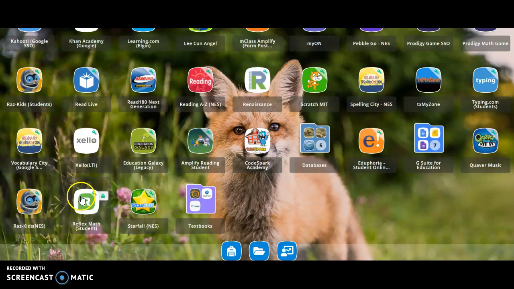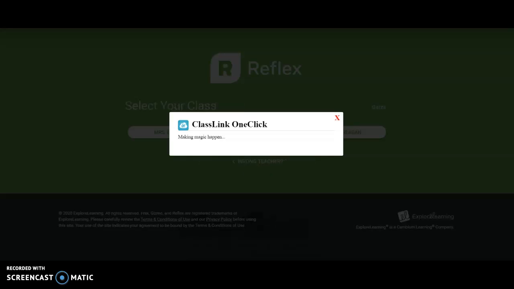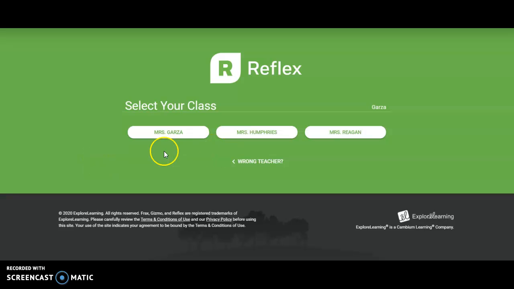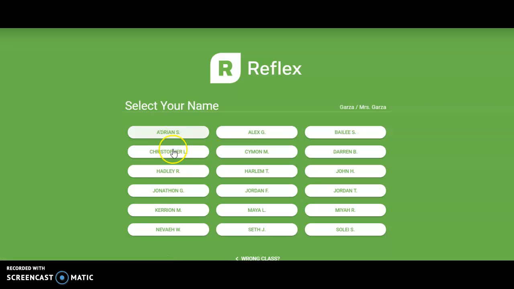So Reflex Math is going to be on your class link. It's going to be a white background with a green bubble and a white R. So you're going to click that and it should log you in. All right, it's going to log you in, and then you're going to select your homeroom, Mrs. Garza's, Mrs. Humphreys, or Mrs. Reagan's homeroom. Okay, then you're going to find your name on here,